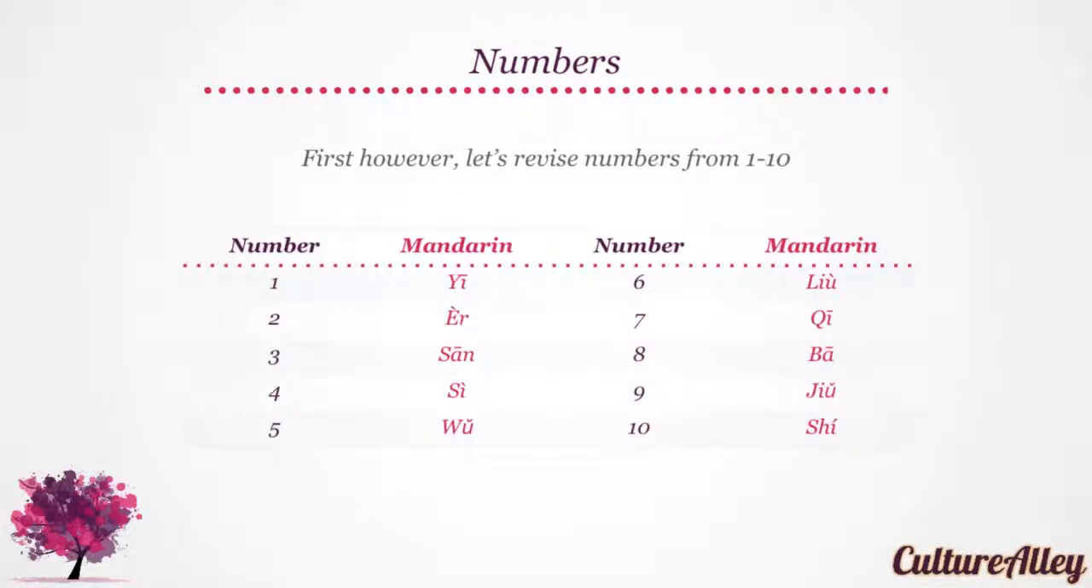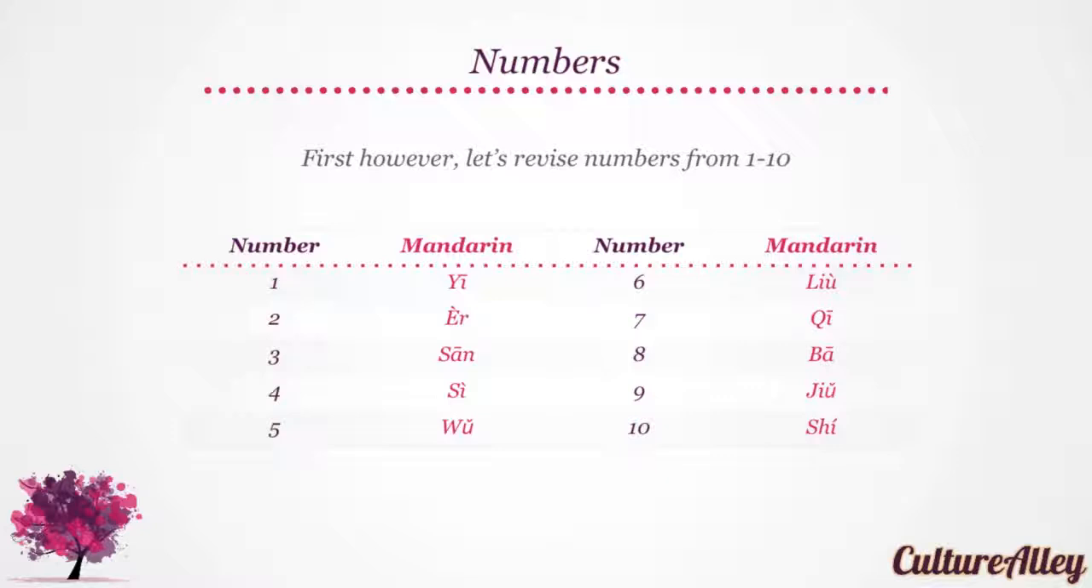Let's begin with a quick review of numbers from 1 to 10. 1 translates as 一, while 2 becomes 二. 3 translates as 三, while 4 becomes 四. Similarly, 5 becomes 五. 6 is 六. 7 becomes 七. 8 translates as